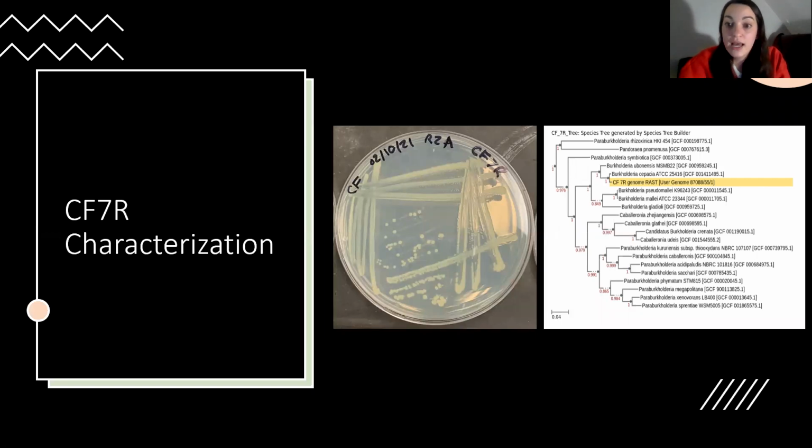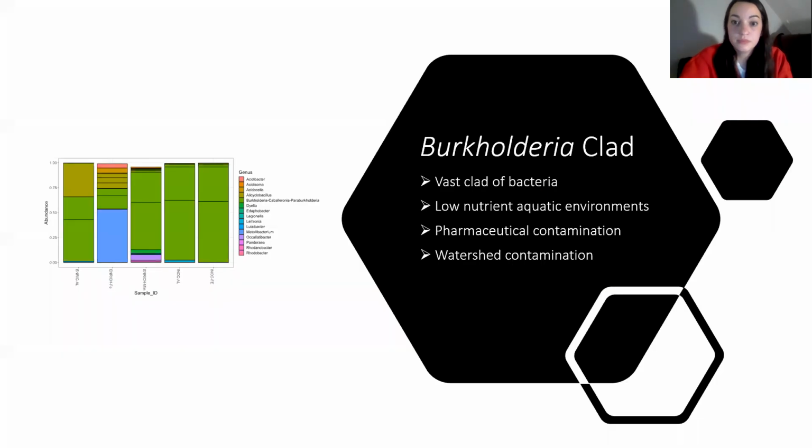CF7R, according to this tree, is closely related to Burkholderia sapacea. Now, this is a very vast clade, and it's understood in the literature, but it's hard to specifically track down the species based on their reconstruction constantly. So what we do know is that they are present in low nutrient aquatic environments, and that causes problems in the pharmaceutical industry where they have sterile equipment that is used to hold aquatic substances. We see a lot of contamination with this specific clade in those environments. In the literature, we also see a lot of watershed contamination, which makes sense as to why Burkholderia would be